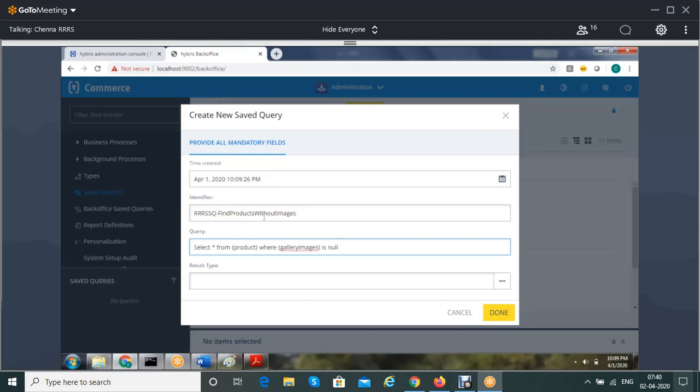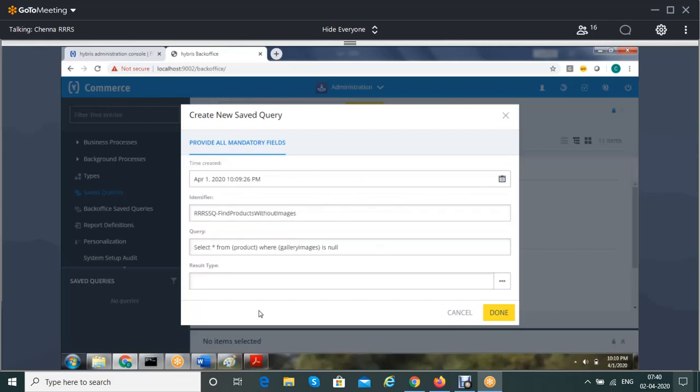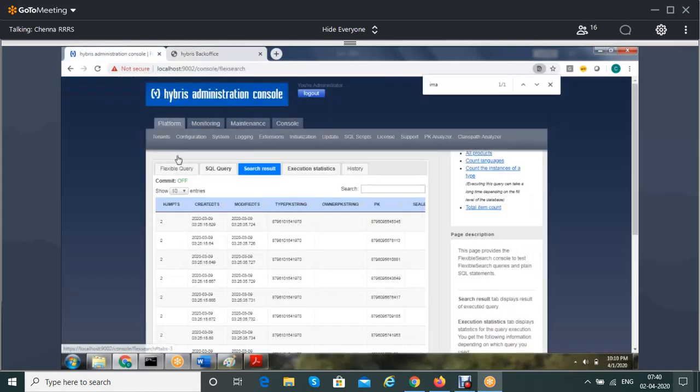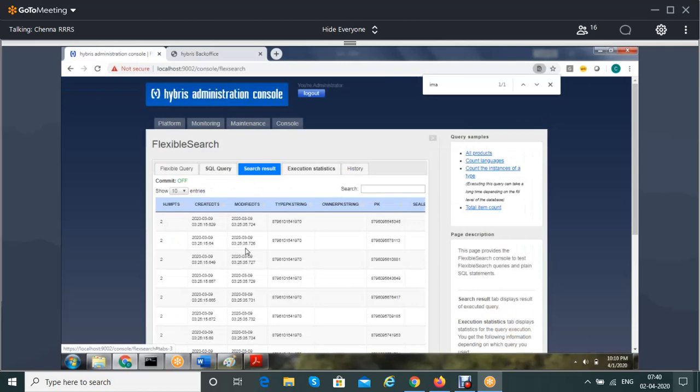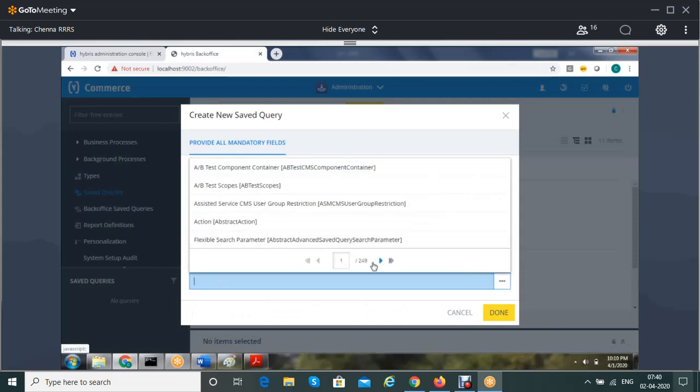Okay, now what is the query? This is the query. Then the result: what kind of results will this query give? Tell me. I just executed it, right? This execution is going to give products again. So therefore, the result type is products.